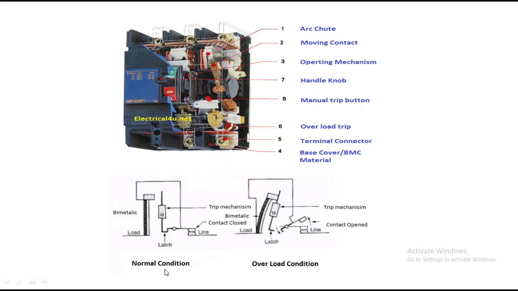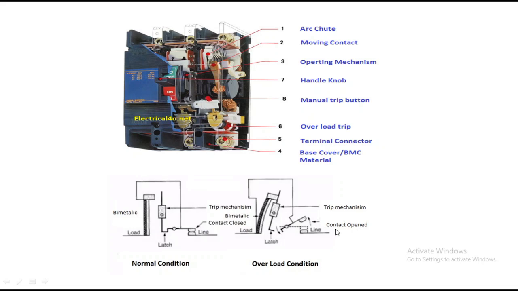So generally, for any circuit breaker, if you look at this diagram, you will understand. For normal condition, the load current is entering, and we have a bimetallic strip. The load current enters through this bimetallic strip. Understand? Always power is supplied from line to load. First the current enters from this line point, travels to the bimetallic strip and enters the load in the normal condition. If overload condition, for example, if overload is added, then what happens?